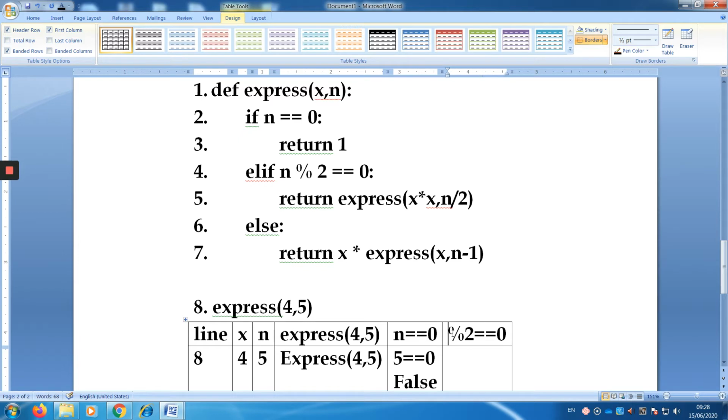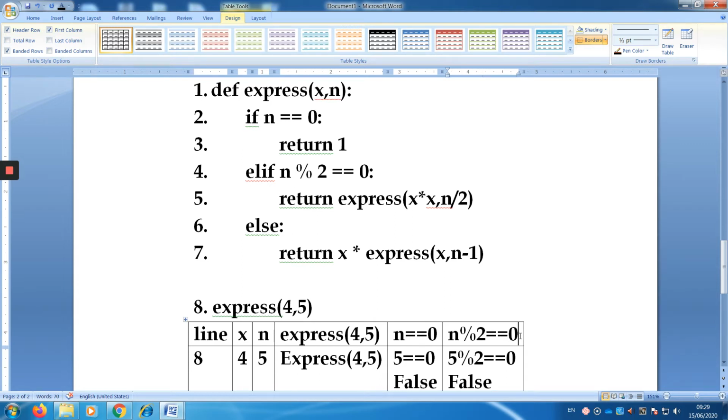As you know, n is an odd number here. 5 modulus 2. Modulus is an operator which gives the remainder. The remainder is 1, and 1 is not equal to 0, so this condition is also false. So we skipped line number 2, moved on to line number 4, and then come to the sixth line, which is the else part.